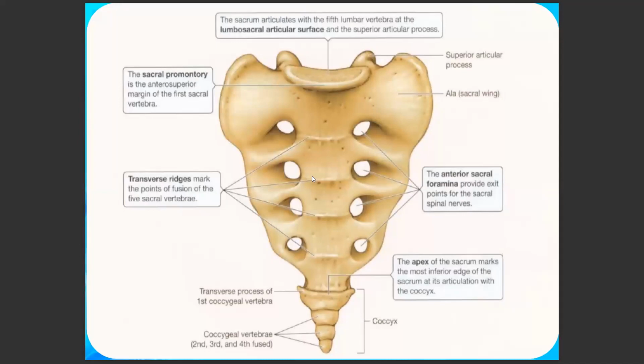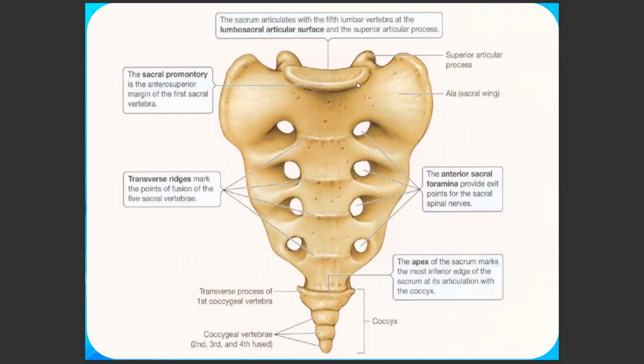This is the anterior view of the sacrum. There are 5 segments. This is segment 1, this is 2, 3, 4, and this is the 5th one. This is called the base of the sacrum, and this is the apex of the sacrum. These open flat structures are known as the ala, also known as the sacral wing, on both sides. And here there is articulation with the 5th lumbar vertebra, which makes the lumbosacral joint or the